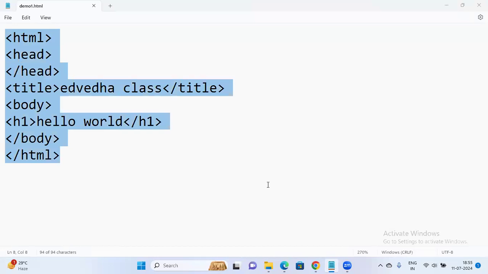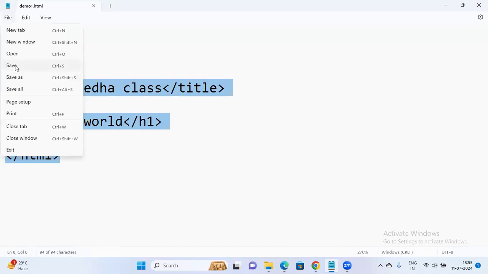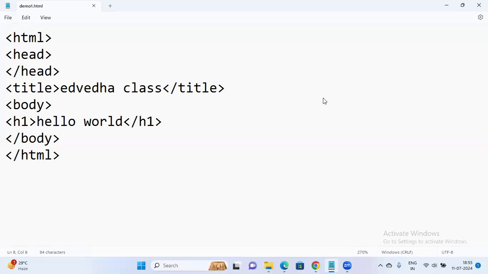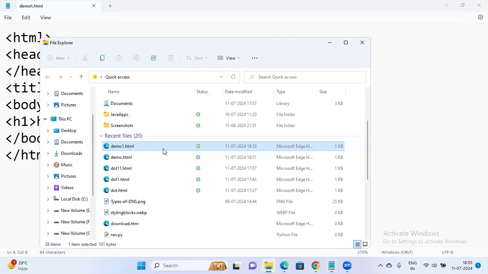Firstly, you have to open Notepad, and after that, write the code which I have given in the chat, and try to save the program by clicking on File, Save, give a file name and give .html as the extension. Don't forget to change the text mode into All Files, then save the file. Automatically it will be saved in the file explorer, and after that you can open the file. It will be loaded in the web page. Got my point, everyone?